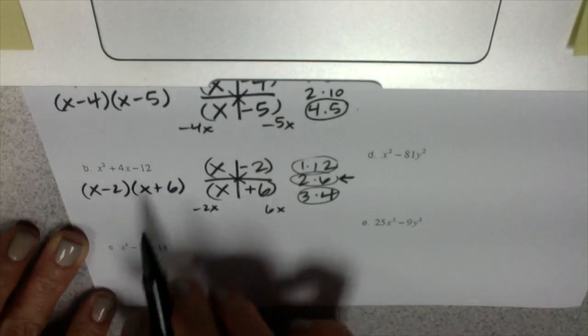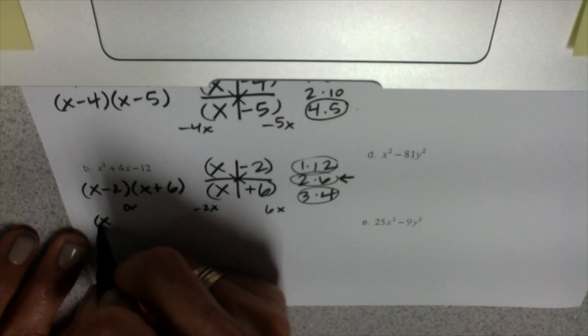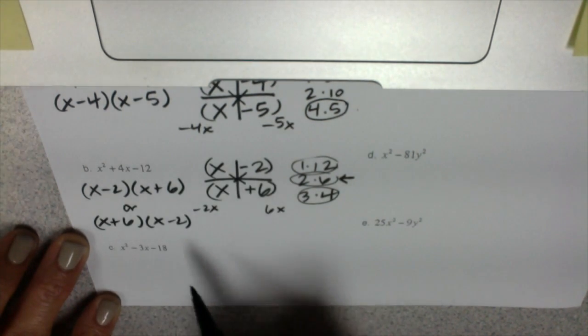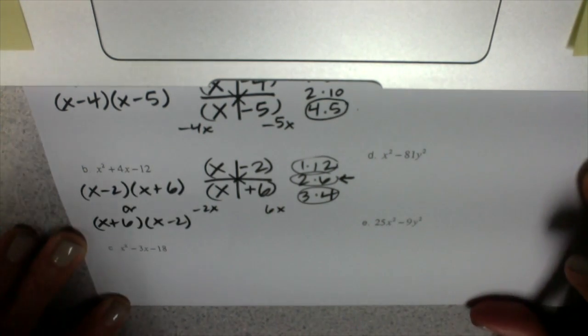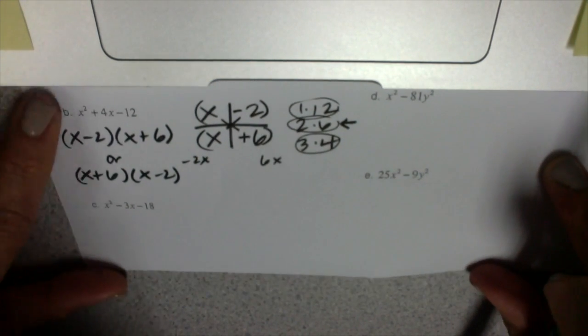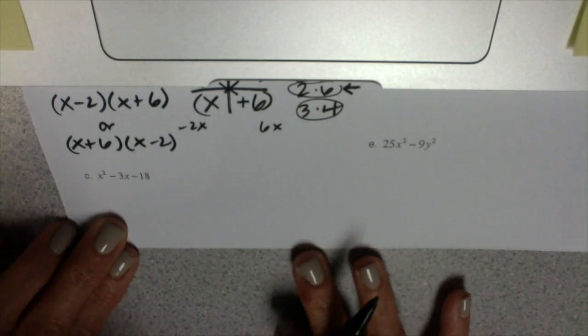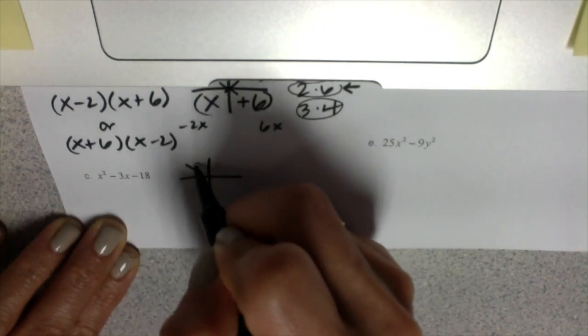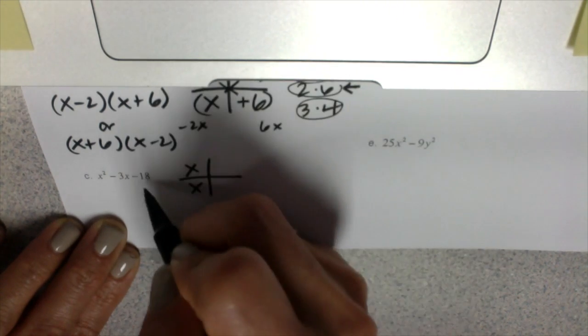If you were to write your answer in a different order, like x plus 6 times x minus 2, that's also okay because of the commutative property. Okay, part C, it says x squared minus 3x minus 18. So let's go up and down left. We'll go x, x. Up and down right,